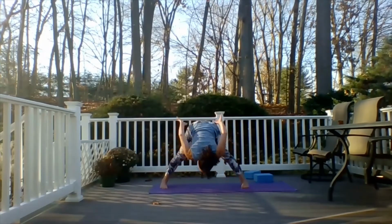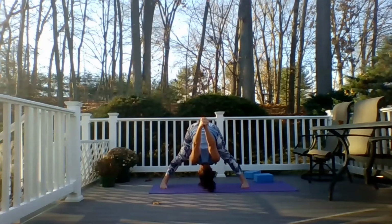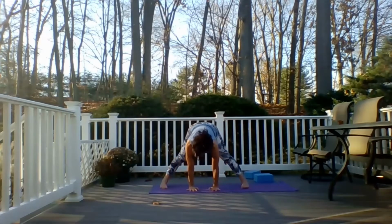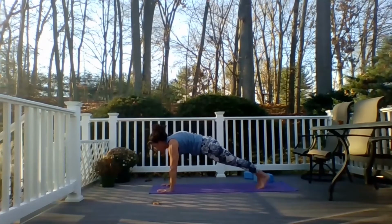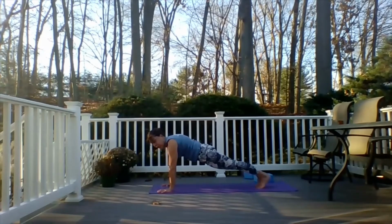interlace the hands behind the back, draw your head towards the earth while your knuckles go towards the sky. See if perhaps you could get the heels of your hands to touch. And then release. Walking the hands towards the other side. Step it back. Now you could go onto the knees, or you could stay in that full push-up position for